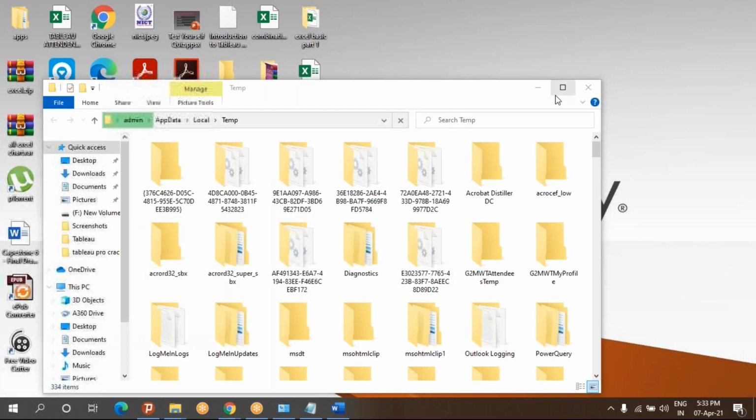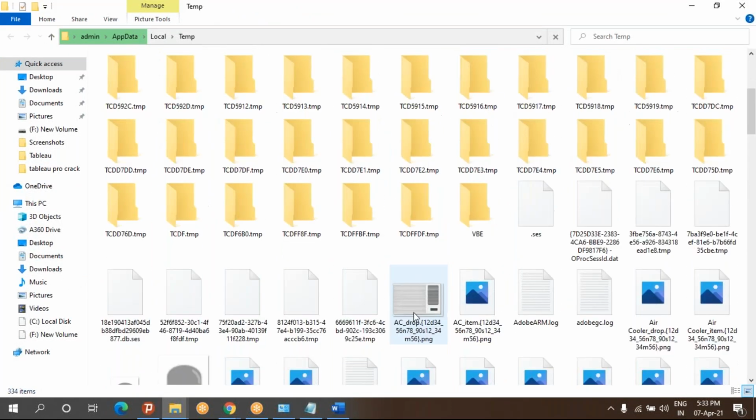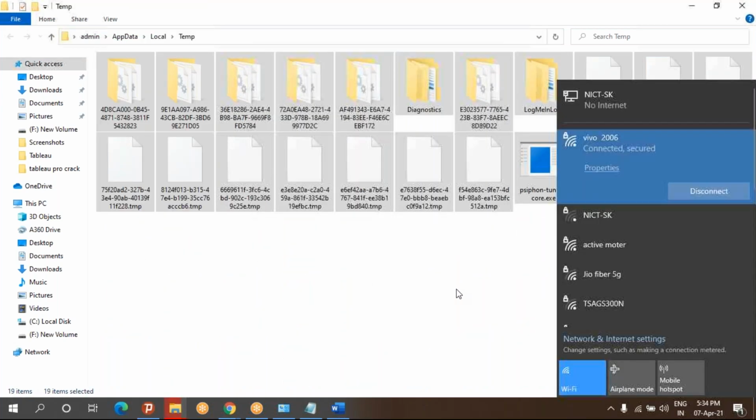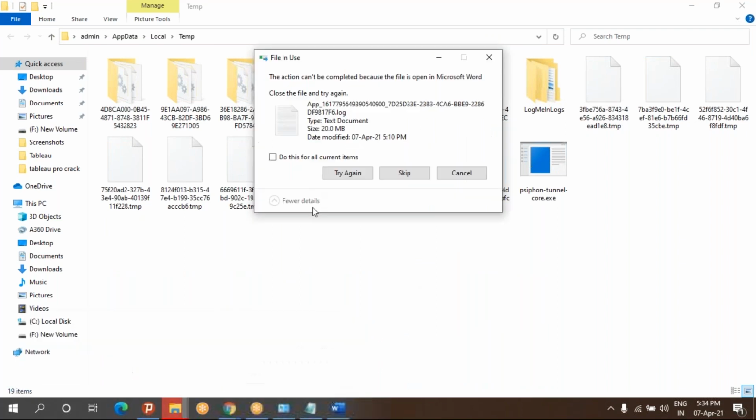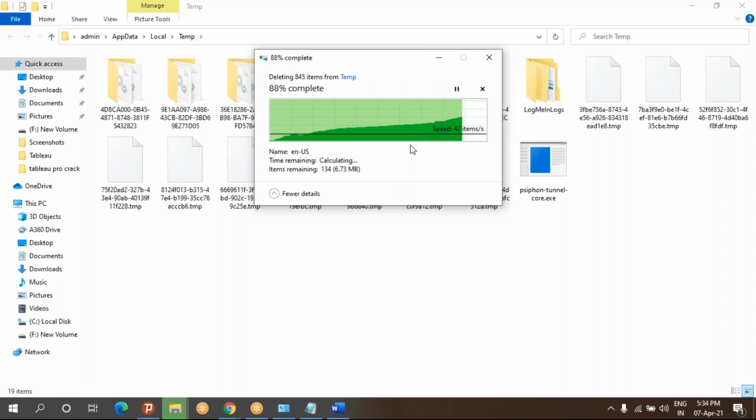Once you open this, make sure that all the temporary files are there. Clear all the temporary files by using this command.